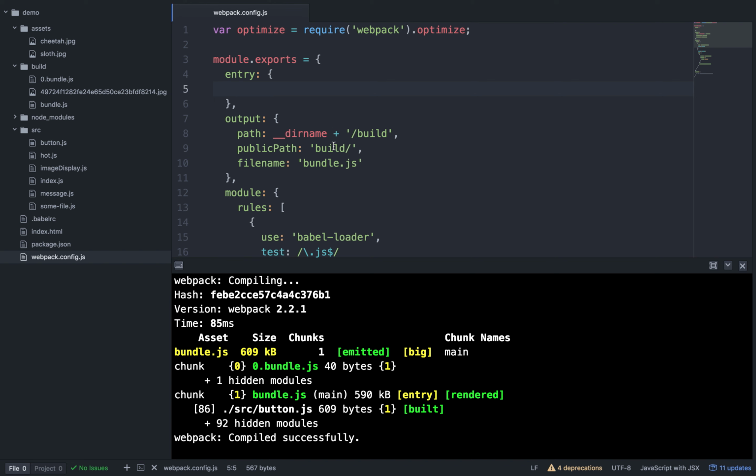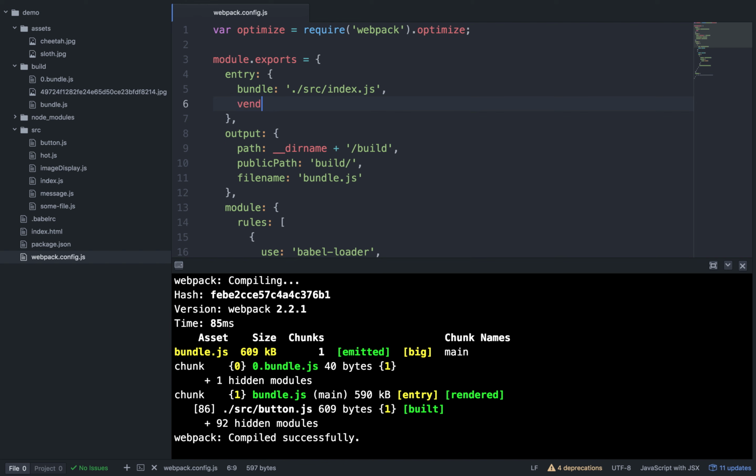So instead of specifying a string for entry, we can actually specify an object, and each key for that object is going to map to the output, and the value is going to map to the actual entry. So in our case, we want our output of bundle to map to source/index.js,